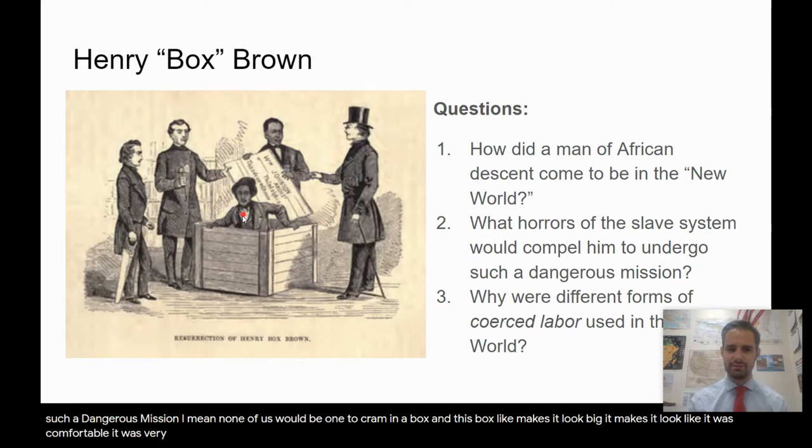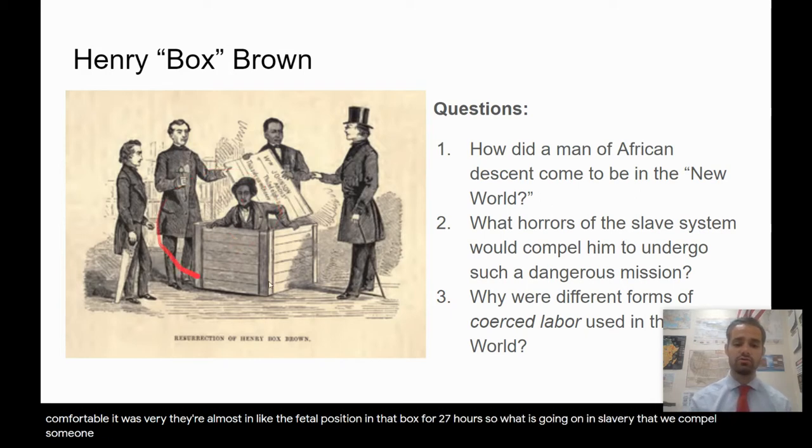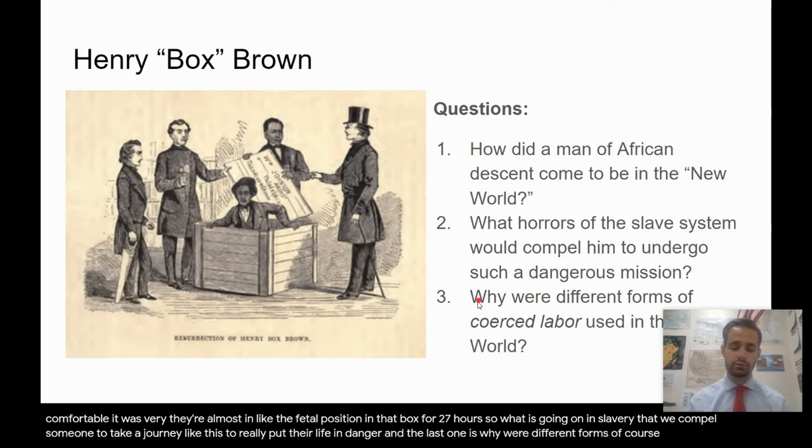I mean, he was in there almost in like the fetal position in that box for 27 hours. So what is going on in slavery that would compel someone to take a journey like this, to really put their life in danger? And the last one is, why were different forms of coerced labor used in the New